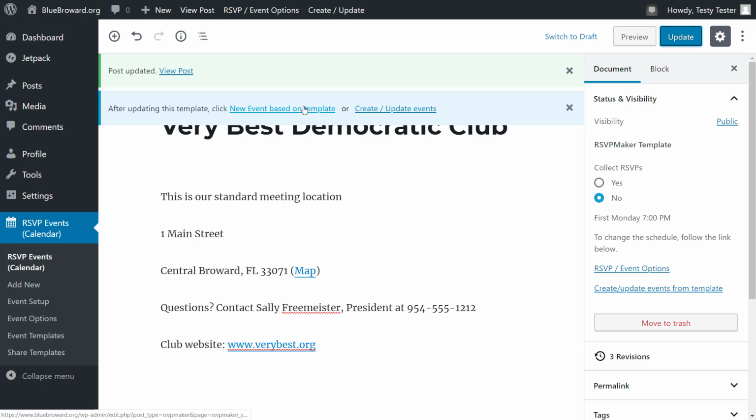And it says that I should either create a new event based on the template or I can create and update events. So add new is to add one, create update is to add a whole batch of events. And you might find that it's convenient to post your event several months in advance. You can always go back later and add details such as speakers as the event date comes closer. So let me show you those two